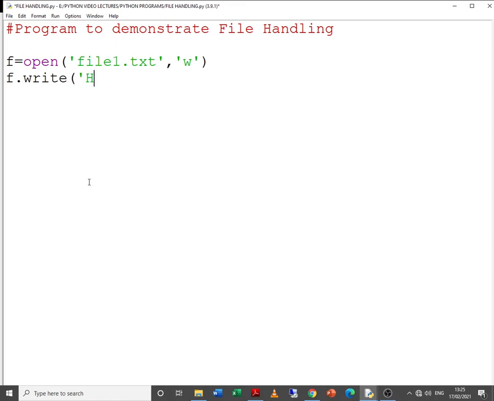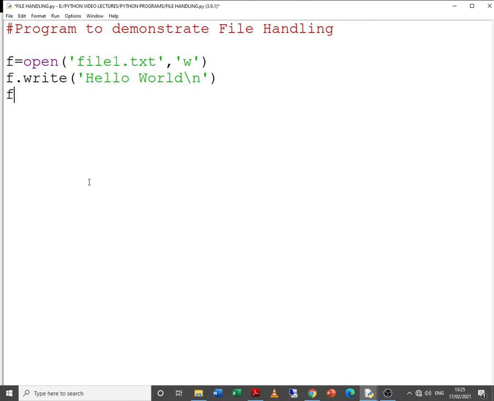Say for example, I simply want to write hello world, only one line of text, and we end it with \n. So if you want to add some more content, it will be added to the next line. f.write means through the file handler which has opened the file in write mode, we are writing the contents to the file.